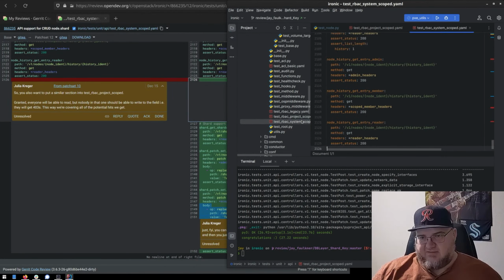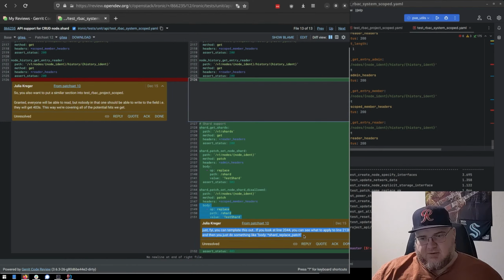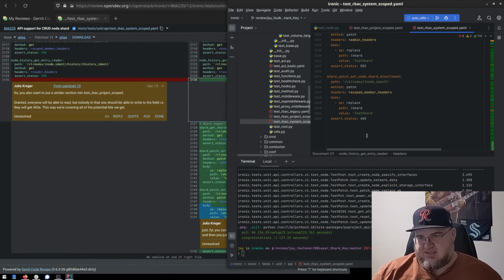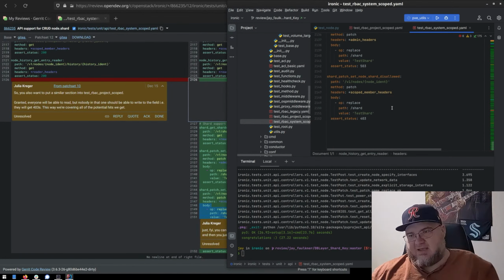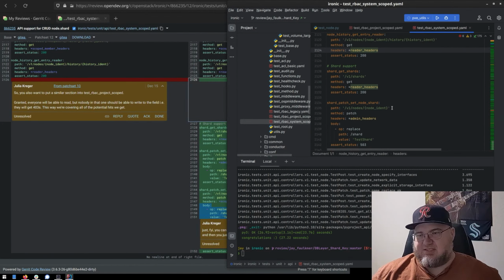And she was also saying for system scope, template it out. Yeah, I know how to do templates. I don't know. Drawing is a valid thing to do. It's just,